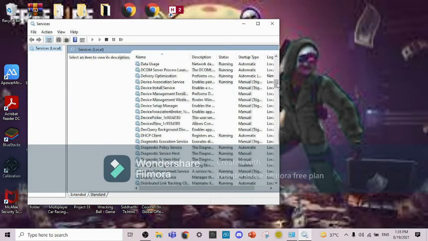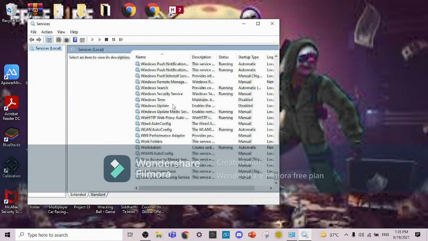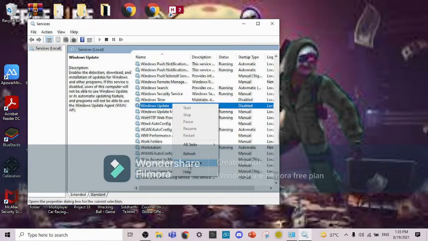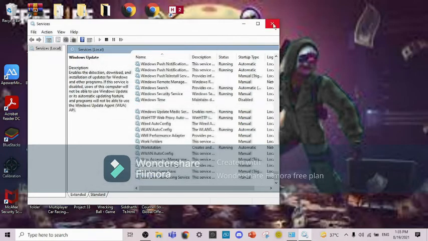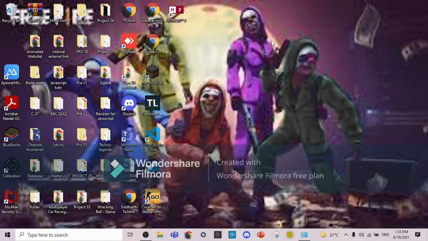There you have to scroll to the very bottom, and there you can see Windows Update. Here you have to click, and then click on properties. After clicking on properties, I have already disabled it. You can choose automatic or disabled. If I click on automatic and want to disable it again, I have to apply it here and click on OK. So guys, I don't recommend you to disable it. You can do it manually, but guys, please don't forget to update your PC once a month. If you do not update it, it can create some problems. I hope you liked this tip.